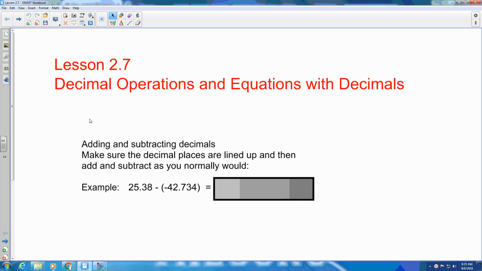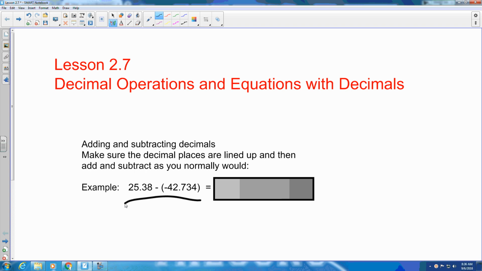Okay, we are in section 2.7, where we're going to use decimal operations and equations with decimals. So when it comes to adding and subtracting decimals, we need to make sure that the decimal points are lined up, and then we can add and subtract as we normally do. So if we use the example that's given to us here,